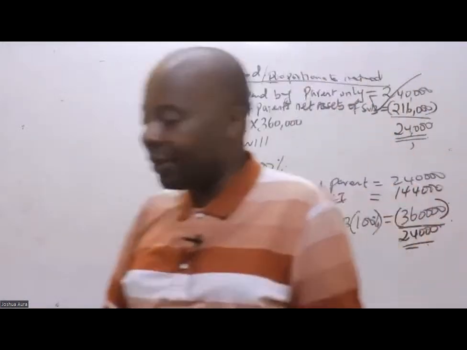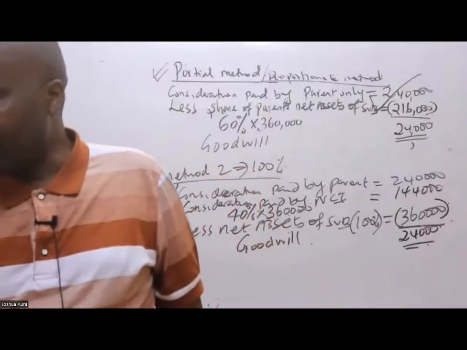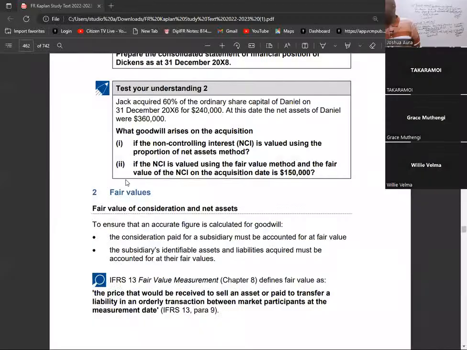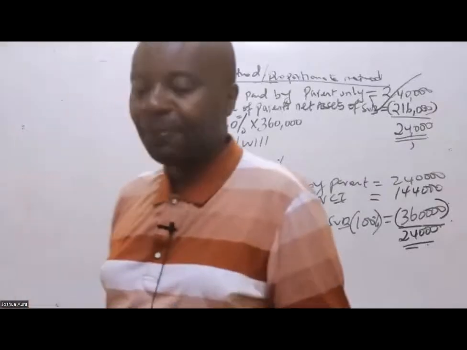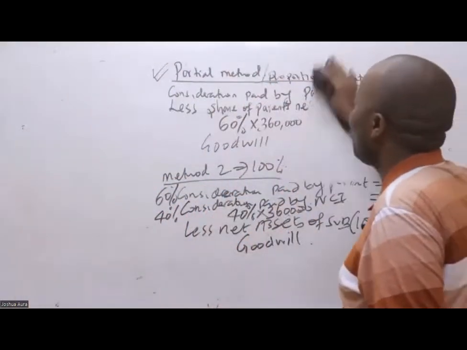So even if, ladies and gentlemen, let me read this question for you, because this can easily confuse some of you. You see here, they are telling you, if the non-controlling interest is valued using the proportion of net assets method, don't be cheated and use method two. If it's proportion of net assets, this is a proportionate method, it is a partial method, I shall always use method number one. Now, ladies and gentlemen, listen to me very well. Now things are becoming sweeter. If you look at your exams, what these people will do,